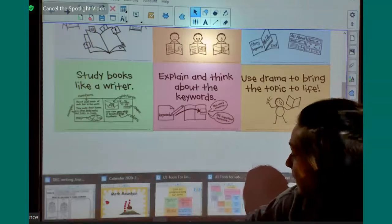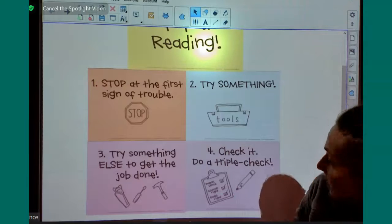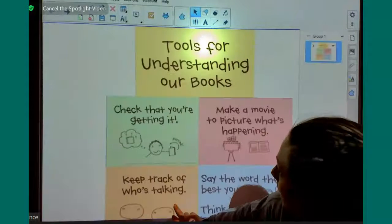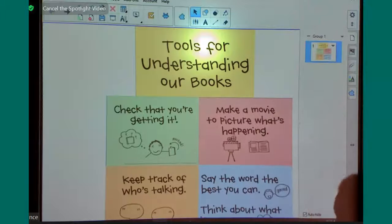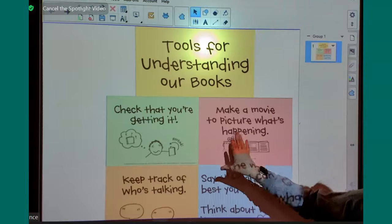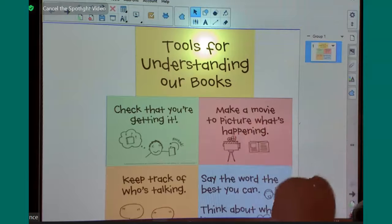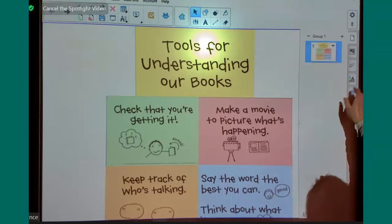Okay? The last one I want to show you is we already did that one. Check that you're getting it. Okay? So we just used a lot of these skills for Zelda and Ivy. We made a movie to picture what was happening. We were able to close our eyes and listen to the story. We also talked about